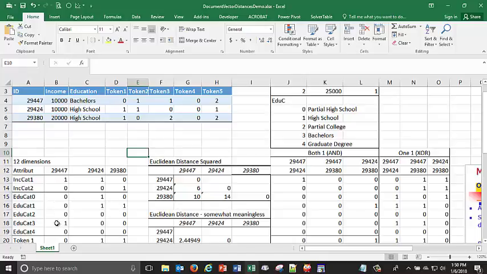But category 3 is designated as a 1 because 29,447 has a bachelor's degree, which is category 3. So what we have done is, instead of having a single variable with 5 values, we have created 5 variables, each of which is either a 1 or a 0. So the income categories could be hundreds of thousands. Every $100 could be a different income category. We have chosen to just pick 2 income categories, and so now each of these